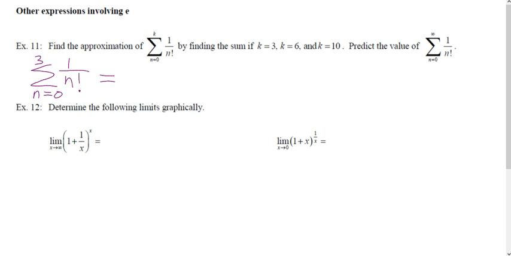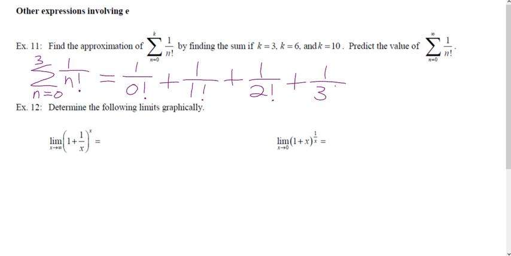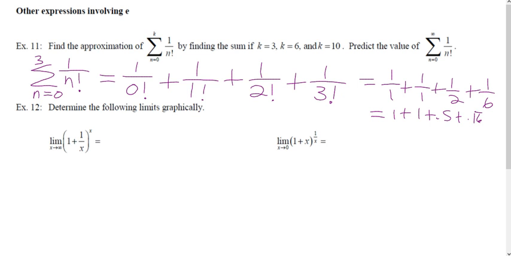Okay, so what you do is you start with n is 0, so you go 1 over 0 factorial, and then you increase n by 1 each time, and you're summing, right? It's summation. So you add, and then you increase n by 1, so it now becomes 1 over 2 factorial, plus 1 over 3 factorial. And then you can evaluate those, right? Which would be, so 0 factorial is 1, so it would be 1 over 1, plus 1 over 1, plus 1 over 2, plus 1 over 6, which is 1 plus 1 plus 0.5 plus 0.16 repeating, which would be